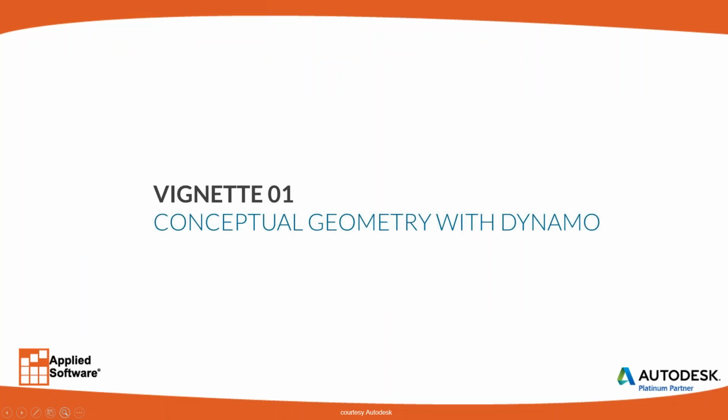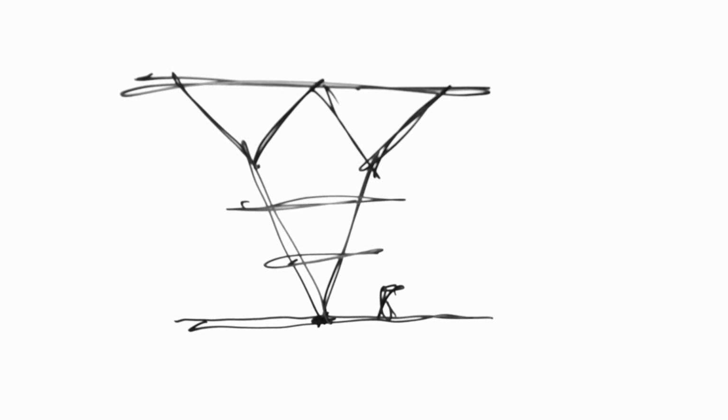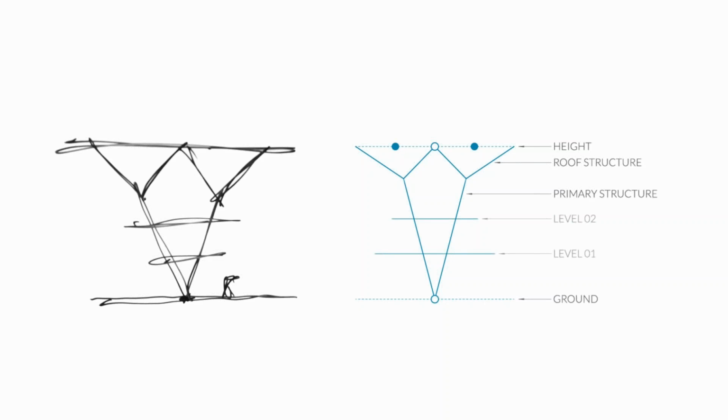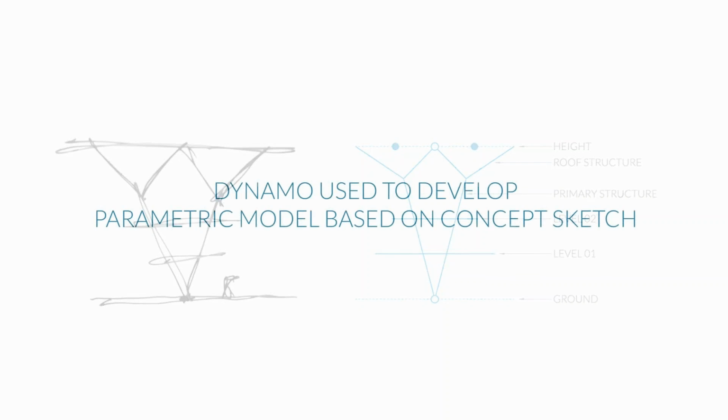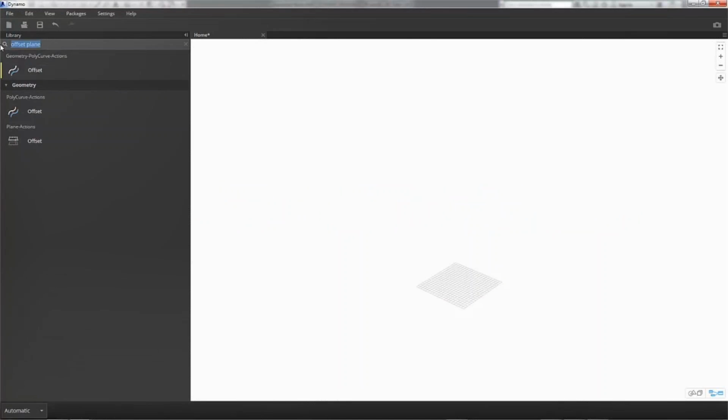Alrighty, for the same project you saw earlier, I will go over conceptually how that was put together. So essentially, most architects and engineers maybe start with a little sketch on a napkin or paper, and then define different levels in the building: level 1, level 2, the roof level. What's the primary structure? What is the secondary structure? And what are the controlling points in that structure? So this could be a good template, if you will, to turn over to the Dynamo